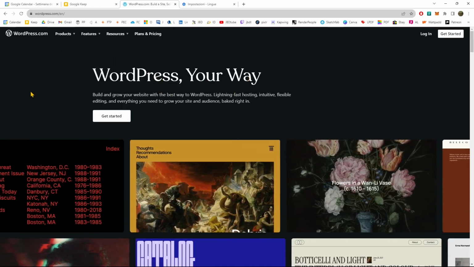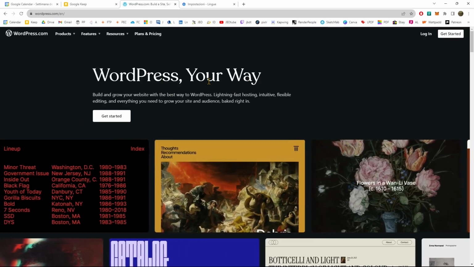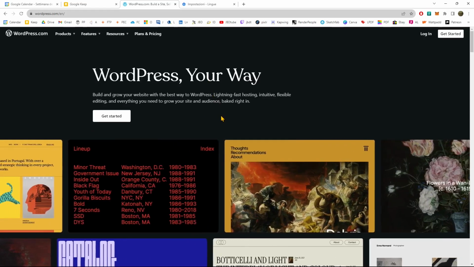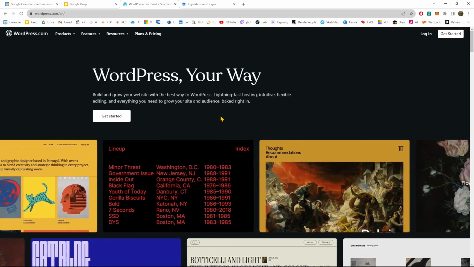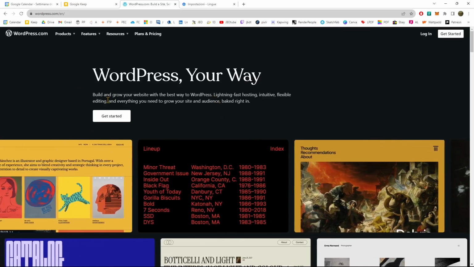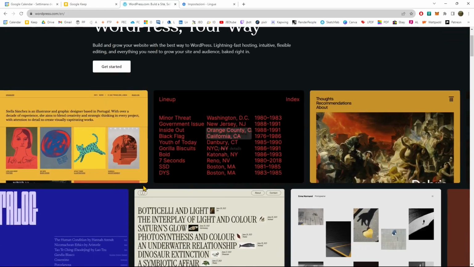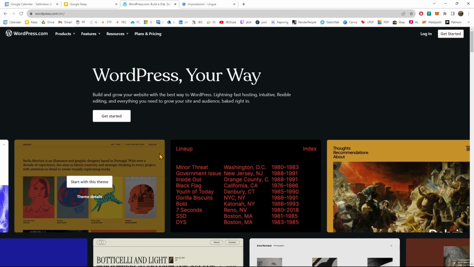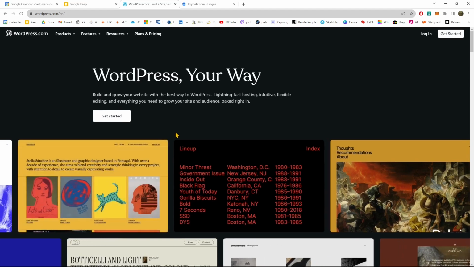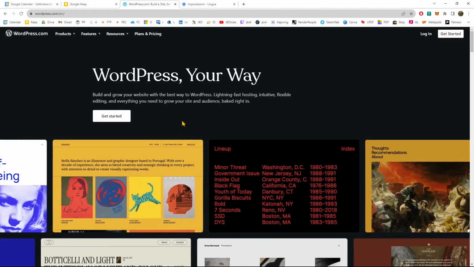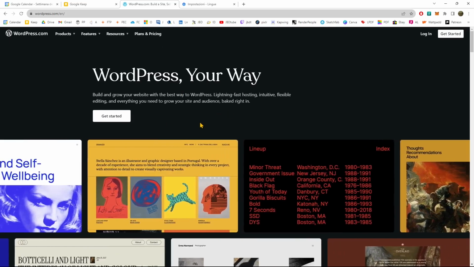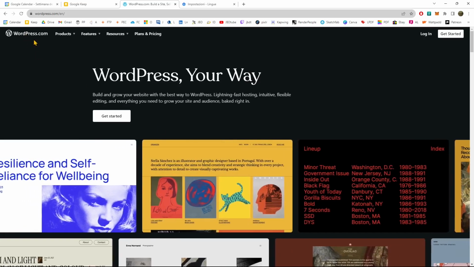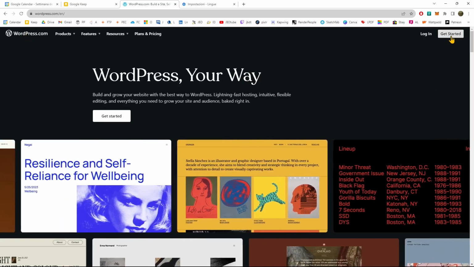So from the homepage, we can start by defining a little bit the aspect of our website. We talked about the difference between front end and back end. So this is something that is more about the front end: the style, the look and feel of your website. So you can do this before you actually create your website. We saw this home page here on WordPress.com, and we saw that we can start here